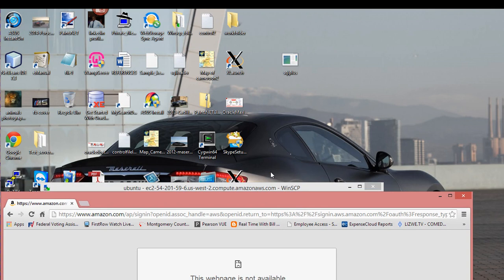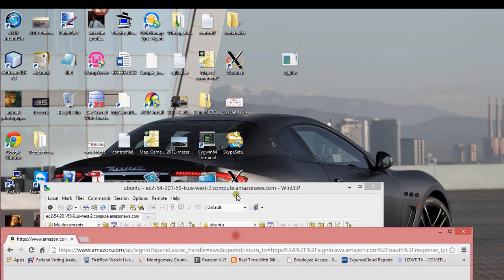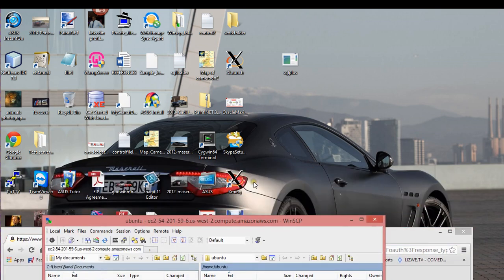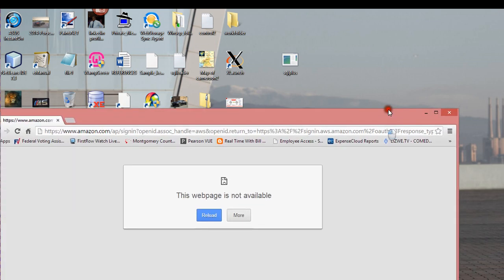You have X Manager, you have a whole bunch of them. The one that I chose to work with is Xmain because that's the one that worked perfectly for me. So basically, once you install it, it's going to be configured by itself. Literally, it's going to be configured by itself. And the only thing you have to do is